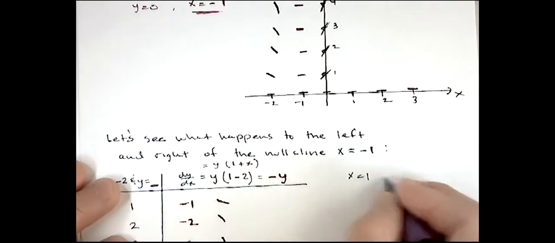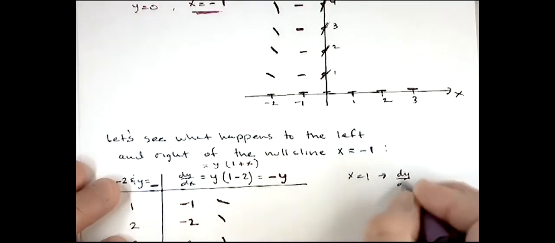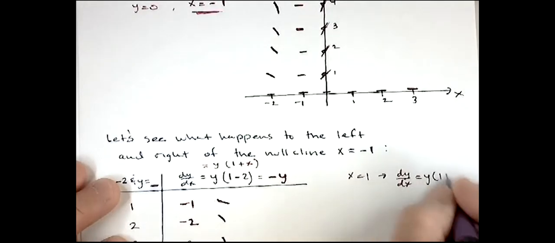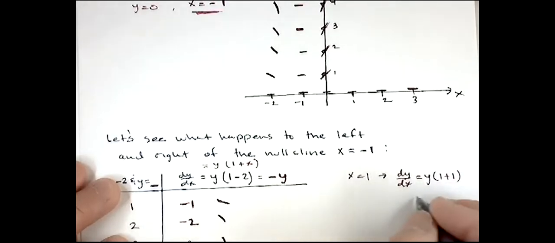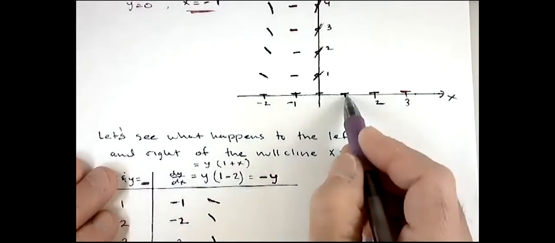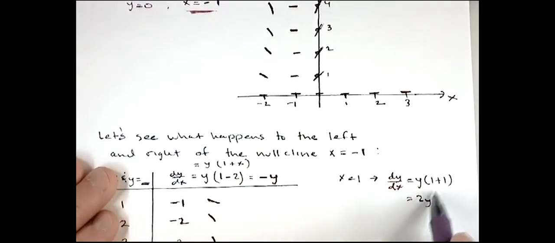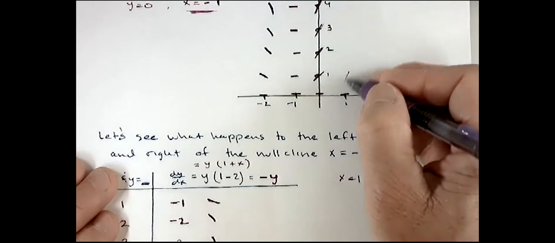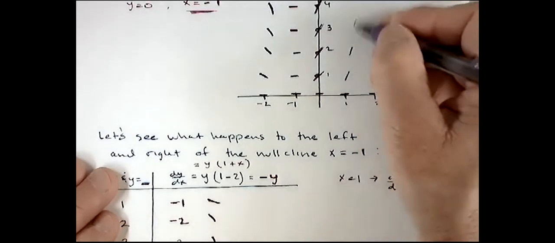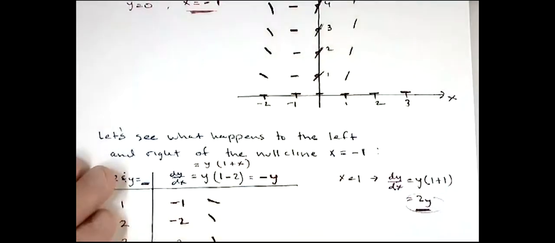you could consider what happens when x is 1. If x is 1, then your differential equation is going to turn into y times 1 plus 1, right? Which means it's going to be 2y. And then you could kind of see, well, if x is 1, the bigger y gets, I'm going to get steep slopes, right? Because dy dx is going to be twice y. So you could picture these being even steeper, right? This is even steeper, even steeper, even steeper than that. And you can kind of then piece together what this